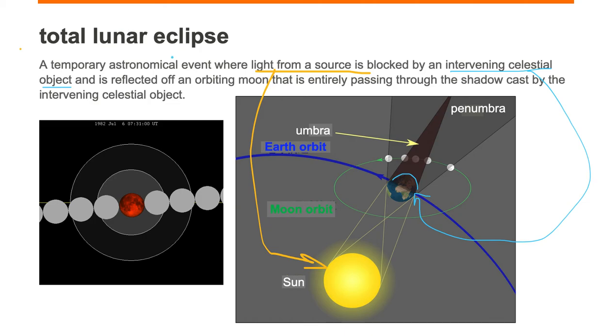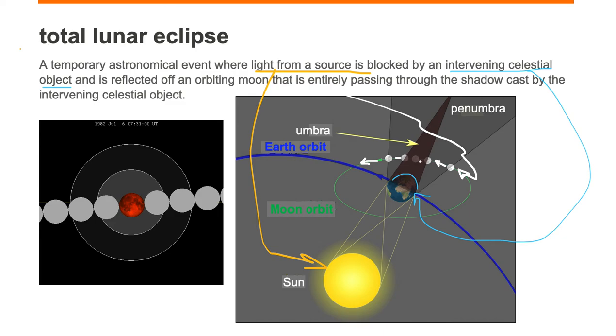Now the total lunar eclipse has this sunlight reflected off an orbiting moon. So here is the orbiting moon. It's in its orbit going around the Earth. And it says that the moon is entirely passing through the shadow cast by the intervening celestial object. So as you can see, the moon is passing through the deepest, darkest shadow on its orbital path around the